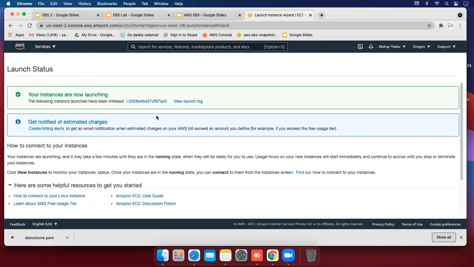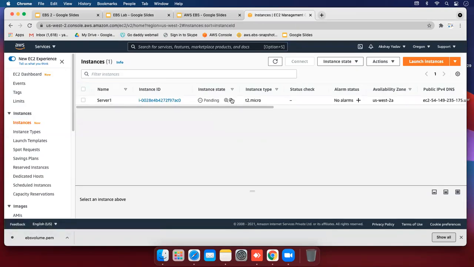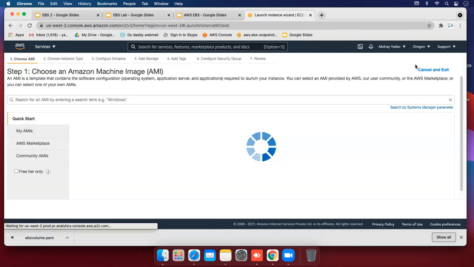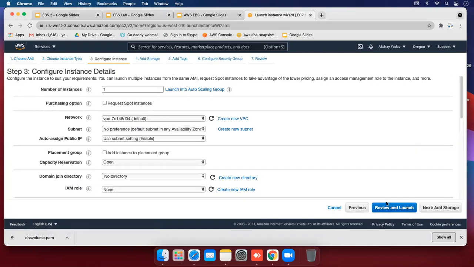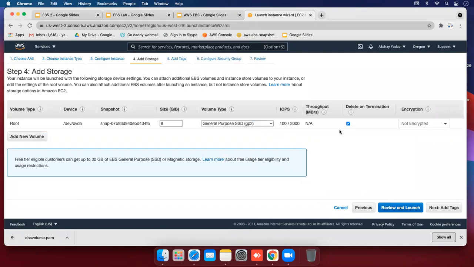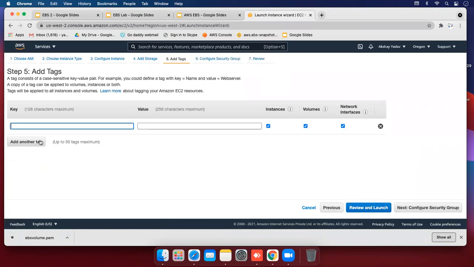While the instance is in process, again I'm going to create one more instance without delete on termination protection. Launch instance and select AMI and choose instance type, select and set as default. So here I'm going to untick this box, delete on termination protection, untick this and next, and key value is Name and server2.